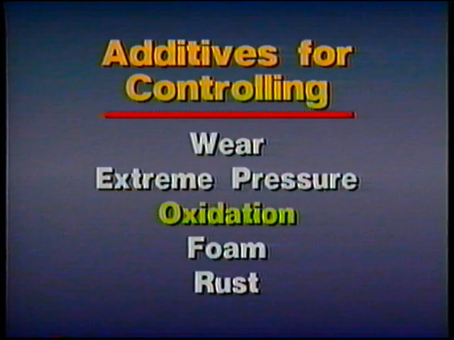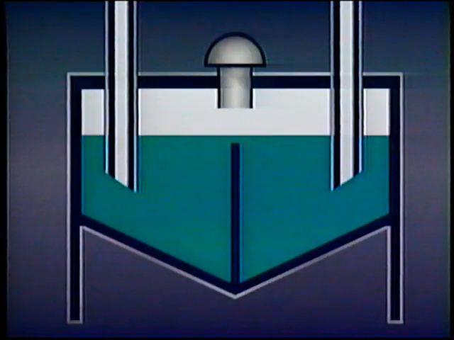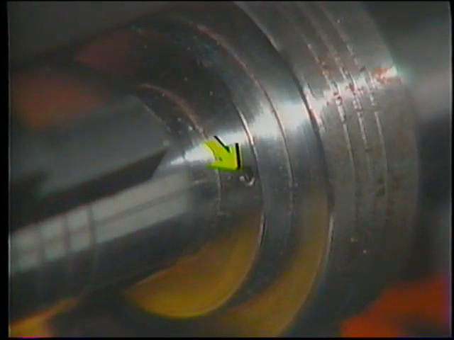Another common problem, especially with petroleum-based fluids, is oxidation. Oxidation occurs when oil combines with oxygen. This usually happens in the reservoir or at the pump outlet. In the reservoir, the surface of the oil reacts with oxygen in the air, forming mild acids and soaps. The acids can pit or corrode the metal surfaces of components, while the soaps can plug orifices and clog lubrication